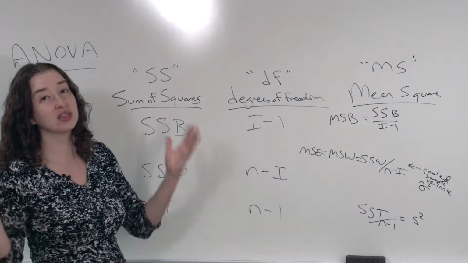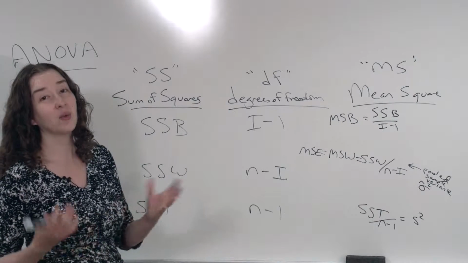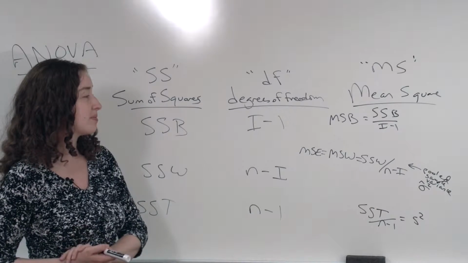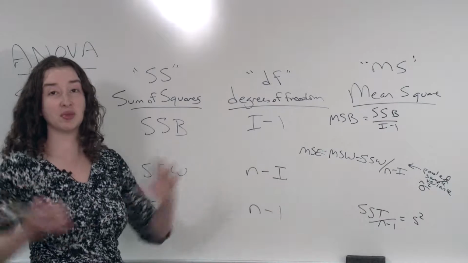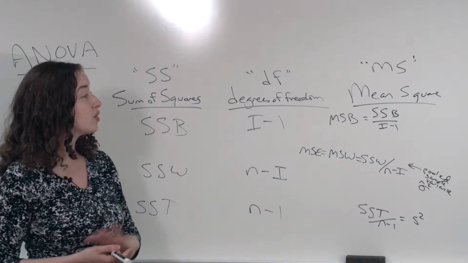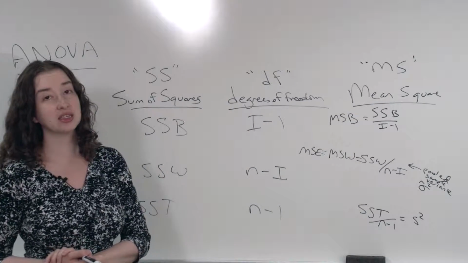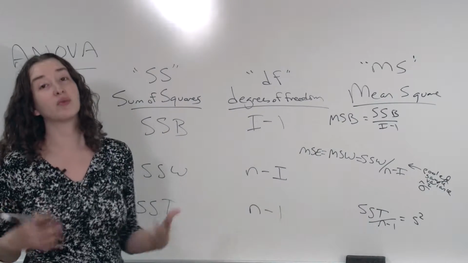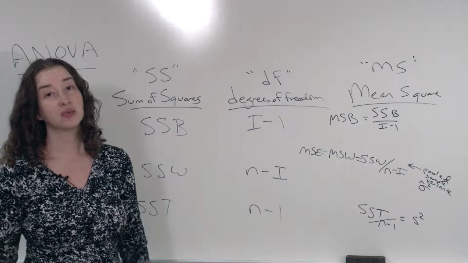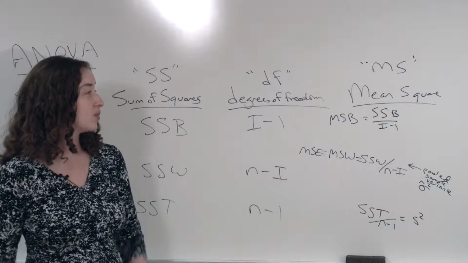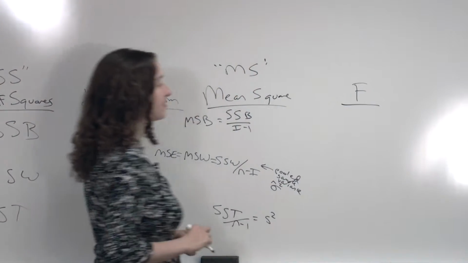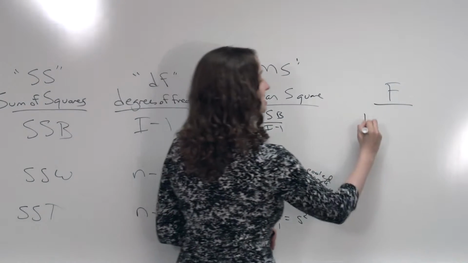It's very possible that a quantity you can come up with would better reflect how well the data is surprising or not surprising under the null hypothesis than the official convention that people have come up with. However, the convention that I'm about to show you for combining this information to come up with a test statistic happens to have a reference distribution that has a certain name in statistics. It's a parametric method. It's a parametric test. And so what we're going to do is label the next column F, because the F statistic